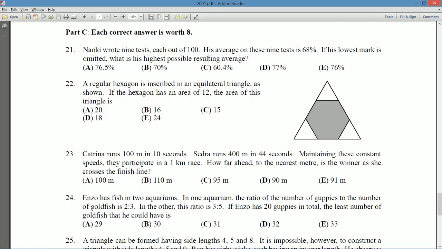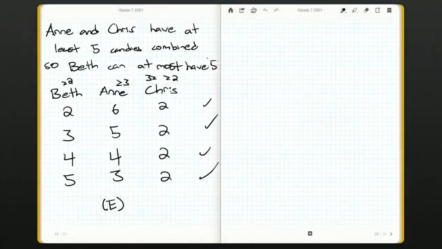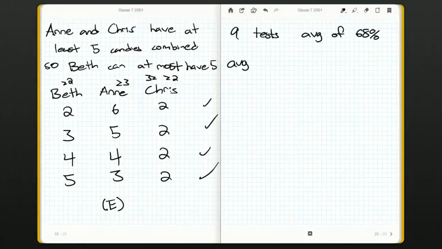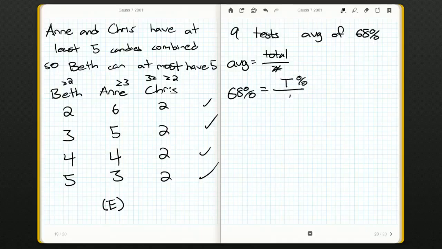So, we know he's done 9 tests, and we have an average of 68%. So we know that average is equal to total over number. In this case, the average percent on the test is going to be the total percent on all his tests divided by the number of tests. So in this case, we have 68% equals, let's call it T% over 9,